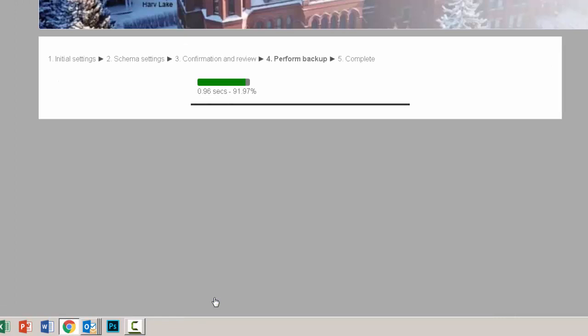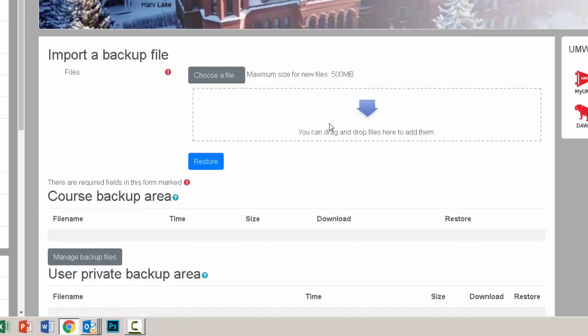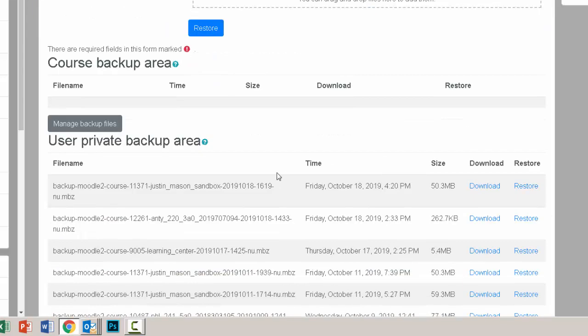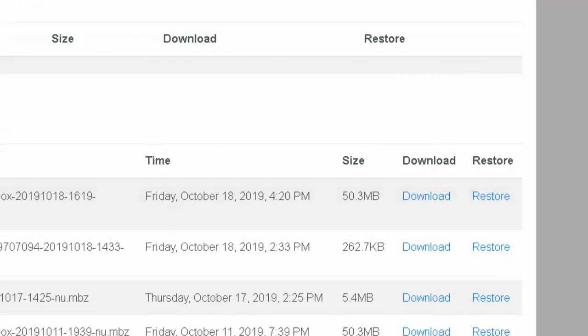So this usually takes anywhere from 20 seconds to a few minutes. I've seen it take up to 15 minutes, especially when you have a lot of H5P content in your source course. Okay, great. We'll click on continue. Super. The backup that I just created is usually at the top here of the user private backup area. I can download it if I want, but